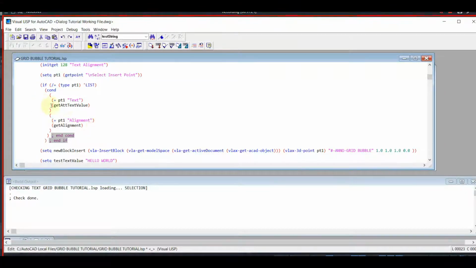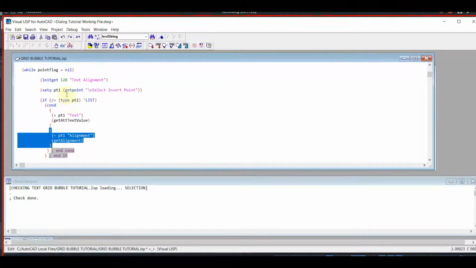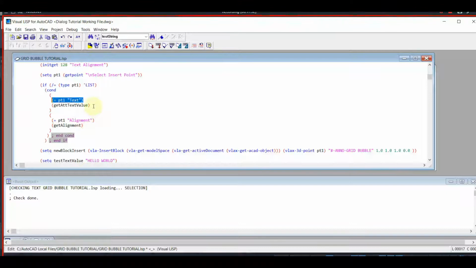Okay, so as soon as one of these is triggered, it'll actually exit out of this little condition routine. So this is also a good time to just put a slight safety measure in that,